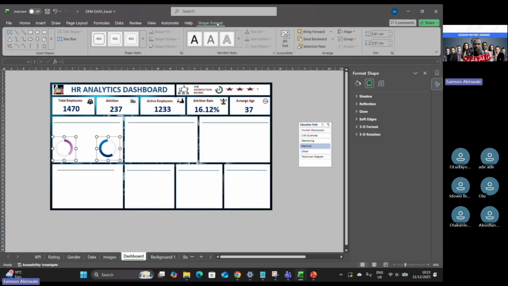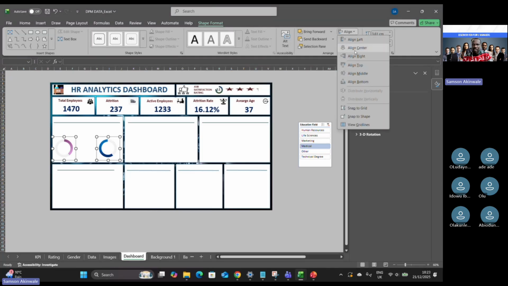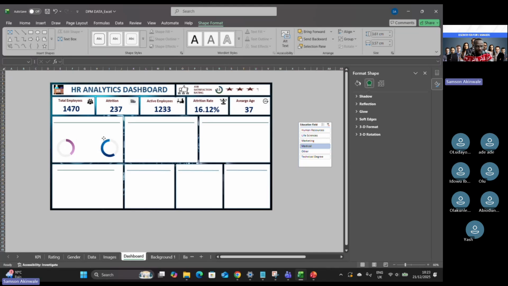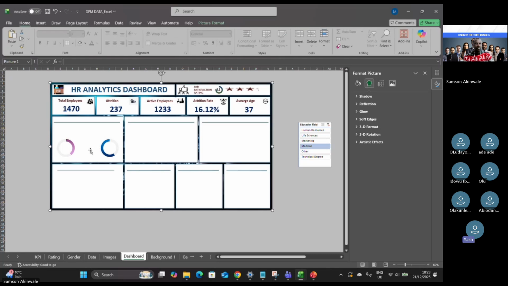I have put format shape, align middle. Then I can allow both of them to try and go up a bit or come down a bit, then sideways too, just to achieve some close alignment. Okay, having done that,